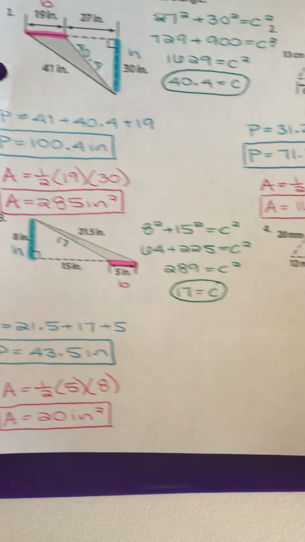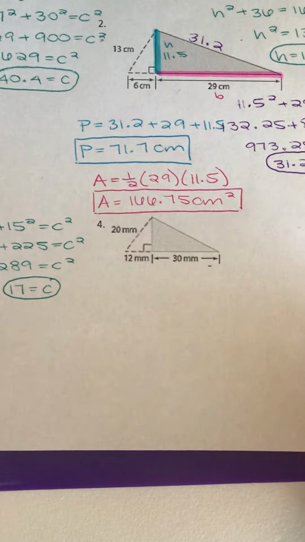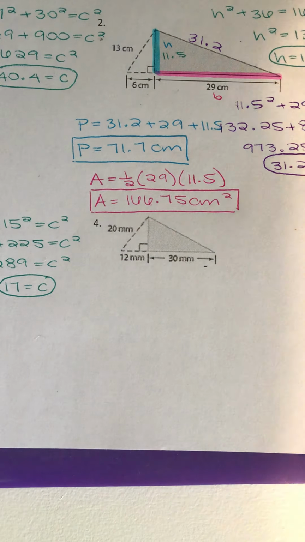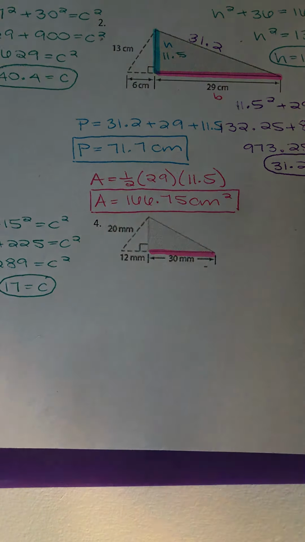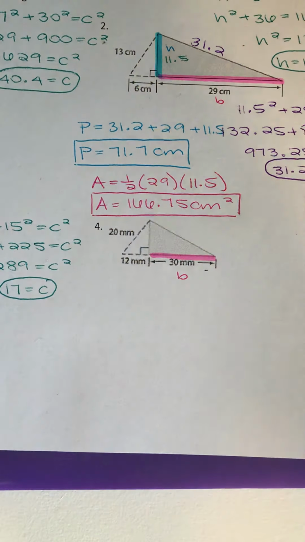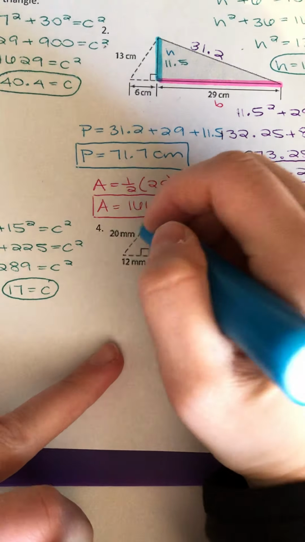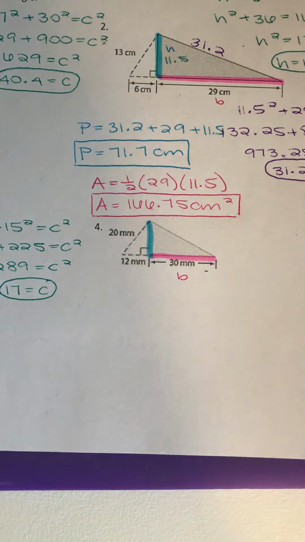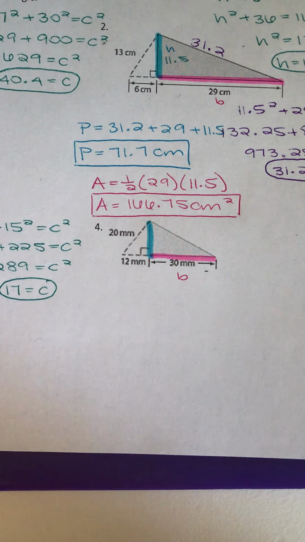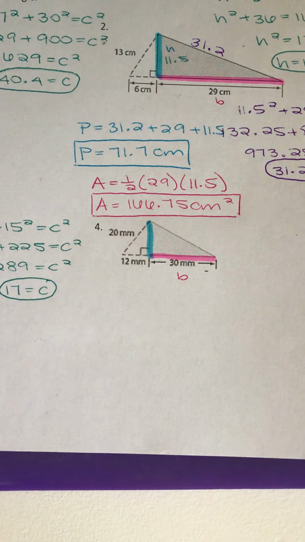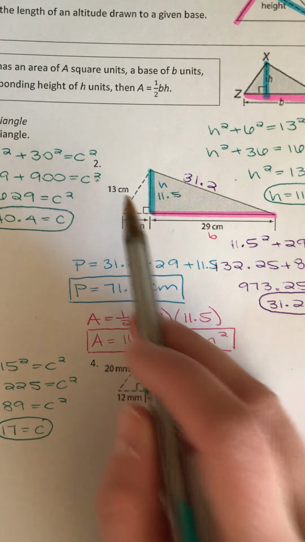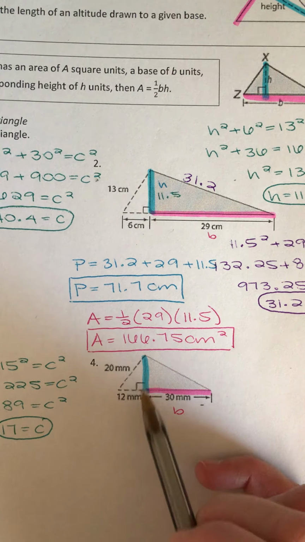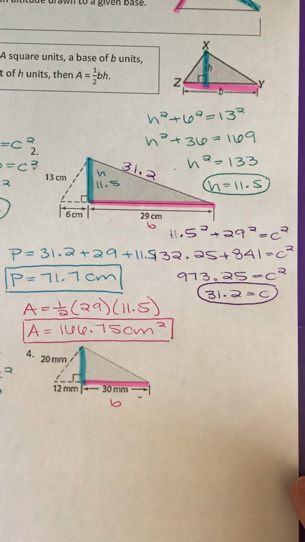All right, moving over to the next one. Again, I'm going to identify my base. 30 is my base, but again, similar to number 2 above it, I do not know what my height is. So I'm going to have to do Pythagorean theorem to find that height. It's actually very similar to this problem up here. We have that hypotenuse, we have this hypotenuse, but we're missing the side. So if you want to take a look at how we did that one,